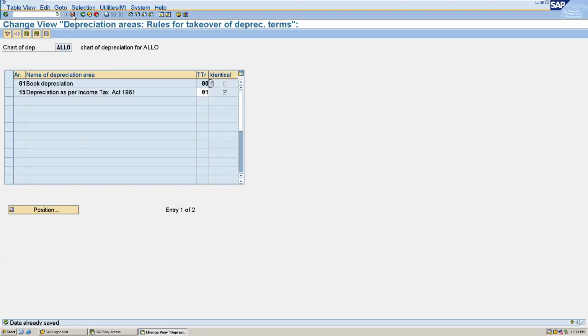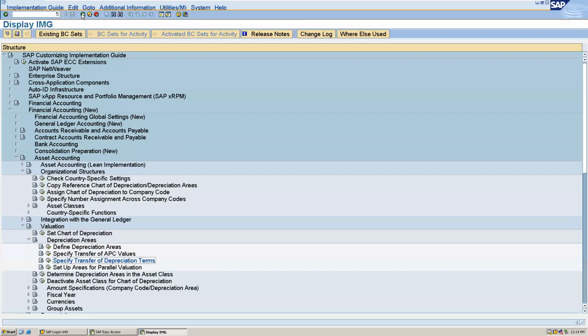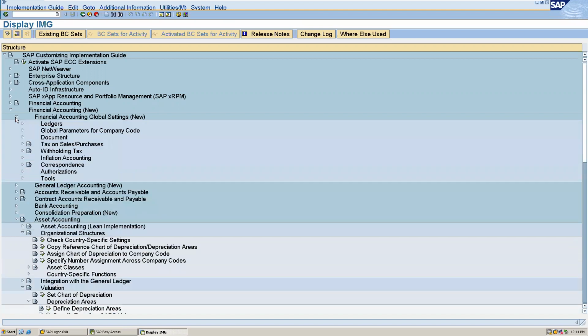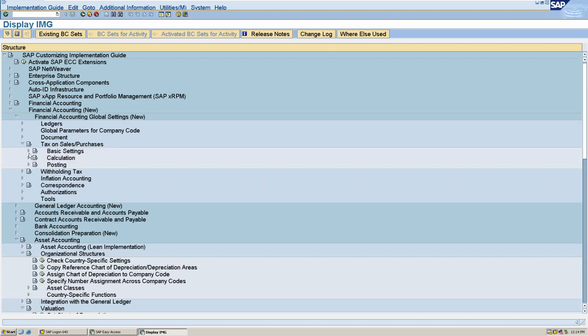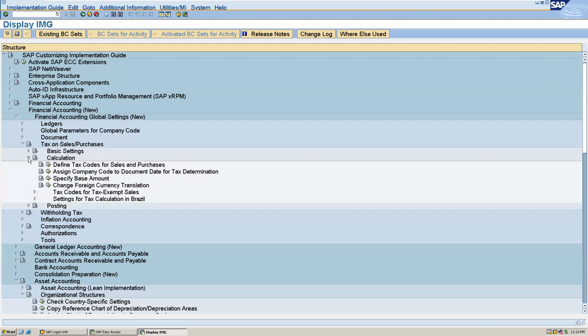Now we have to maintain the tax codes. For that, you have to go to financial accounting, global settings. Here you can see tax on sales and purchases, calculation, define tax codes for sales and purchases.